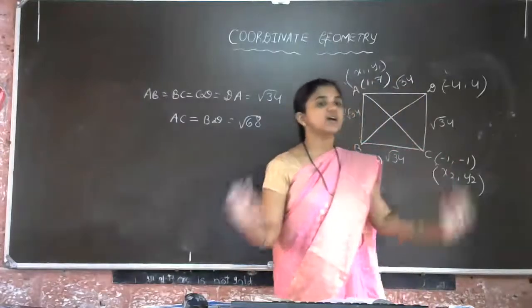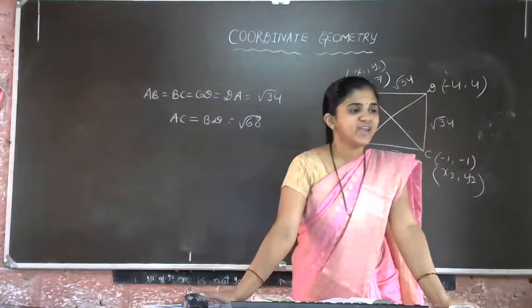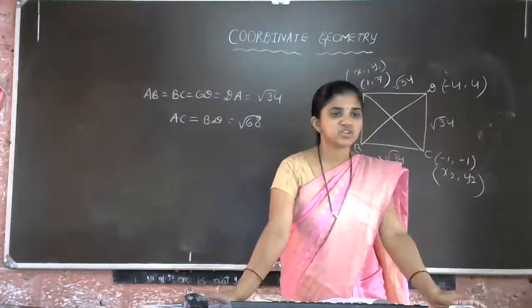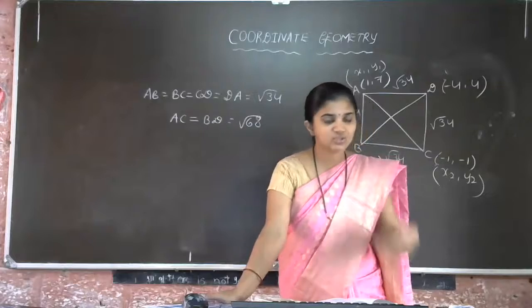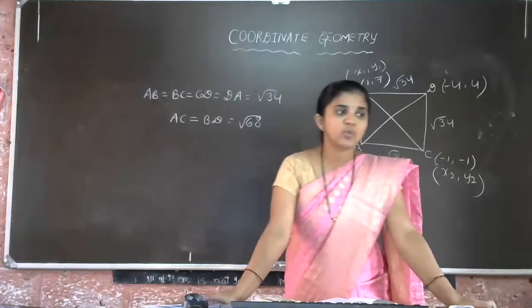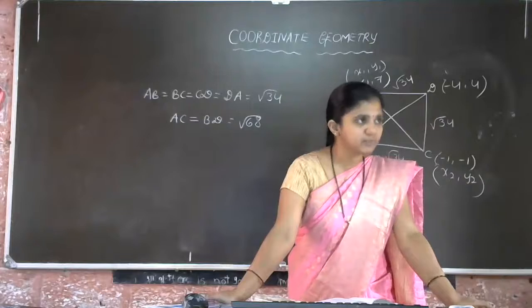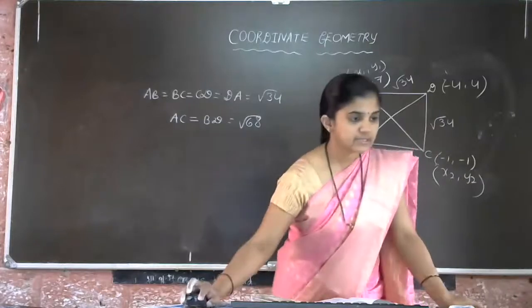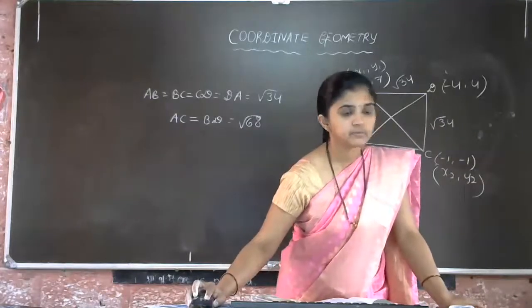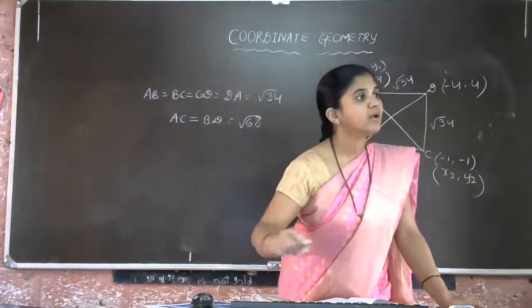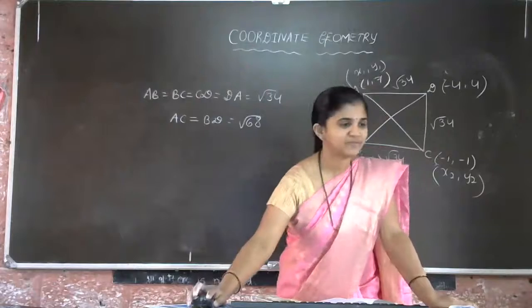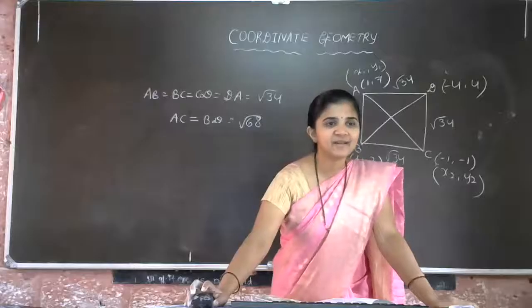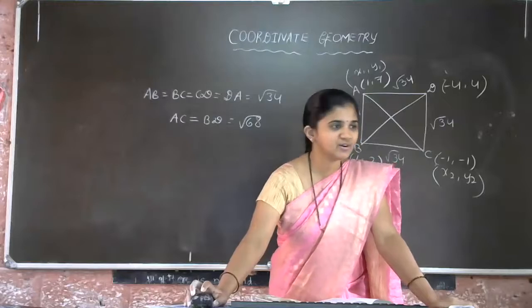Actually, this is a 3-mark question. So you may get this type of question in the 3-mark section. So using the distance formula, we showed that ABCD is a square. Got the idea of this problem now? Okay, so 1 second students. Yes, students, got the idea how to apply the distance formula now? Yes, we have worked out one problem now.